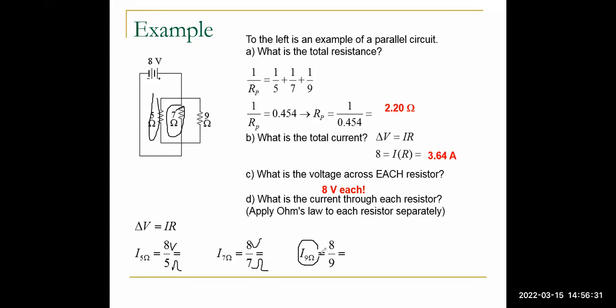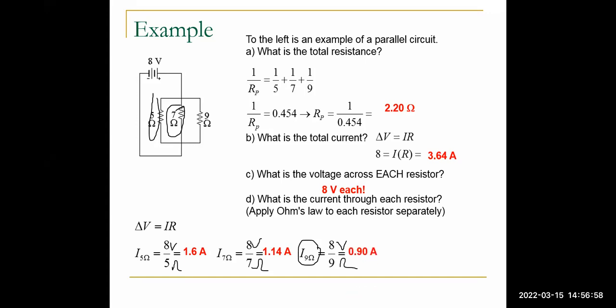Then yung sa 9 ohms naman, so we have the 8 volts and the 9 ohms. So parang ganyan yung makukuha natin formula. So magiging sagot, we have 8 over 5, so 8 divided by 5 is 1.6 amperes. 8 divided by 7, ilan? 1.14 amperes. 8 volts divided by 9 ohms